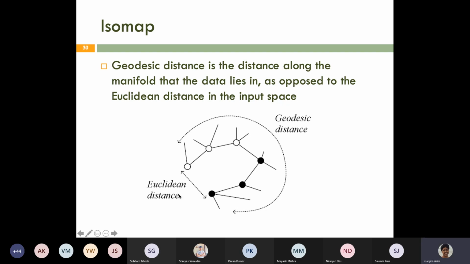But most often we take our input feature space as a Euclidean space, and these distances may not be preserved. Say I am working with data in a spherical space where the geodesic distance is the actual measure of the distance, like on the Earth surface. Between two points, if we take the geodesic distance, the shortest path is not the intuitive straight line. It is the curved line. In our input space, if I just plot it in the Euclidean plane, the distances will be disrupted. But we need the distances for many real world calculations, especially when I want to know the similarity or distance between any two data points. So